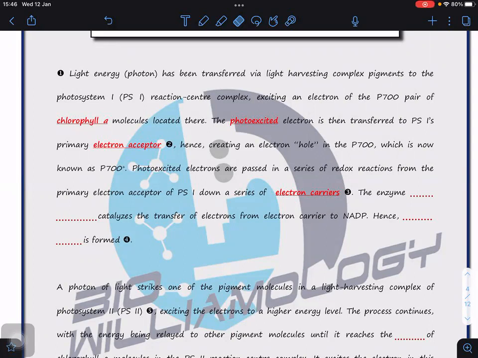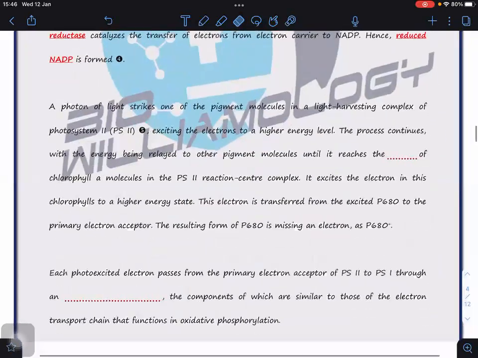And finally, the enzyme NADP reductase catalyzes the transfer of electrons from the electron carrier to NADP. Hence, we produce reduced NADP. Okay, so write down the enzyme here, I don't think I put the enzyme. So the enzyme is NADP reductase. Sorry, NADP reductase catalyzes. Okay, sorry. So next,